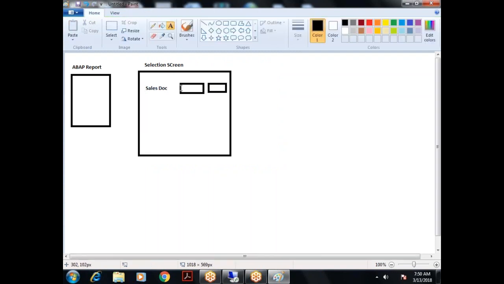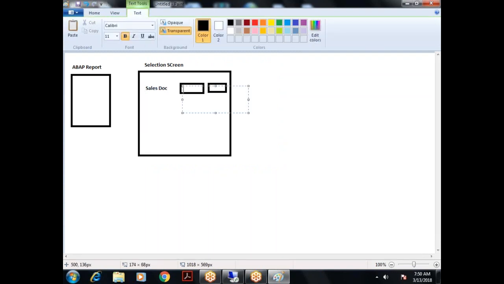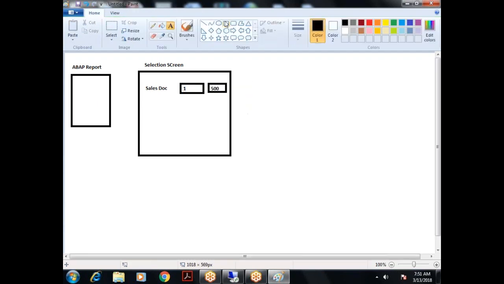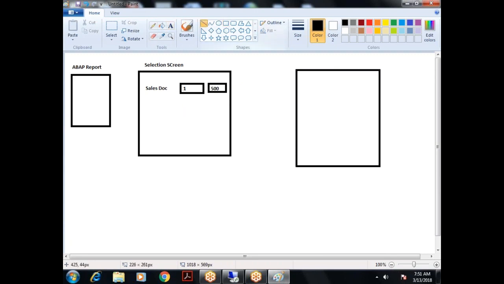So for example, I'll give 1 to 500. This is a range I'll give. So based on this range of sales documents,